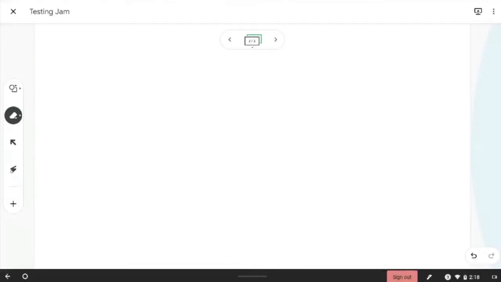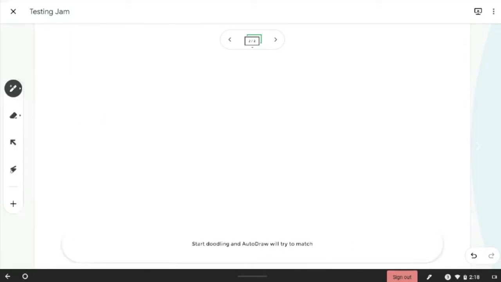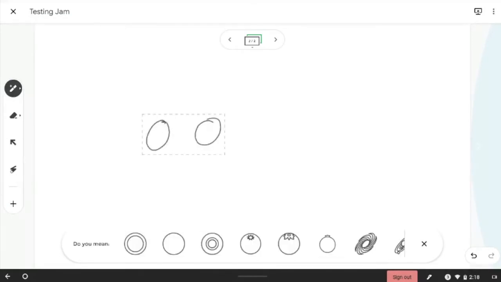And so I've got some more working space. So the shape tool, again, limited success. The last tool is quite a nice feature. It tries to work out what you're trying to draw. So I'm no good at drawing things like a bicycle. But if I draw something like this,